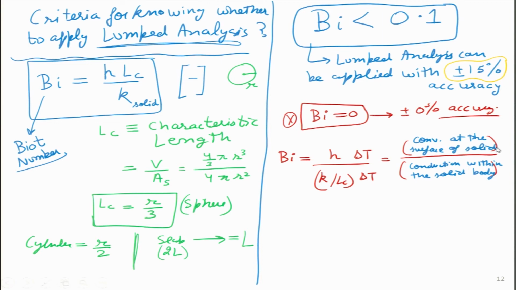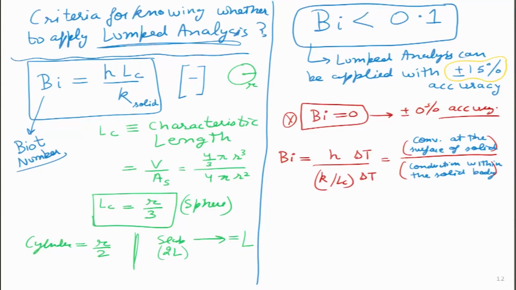So, if Biot number value is very low, let us say Biot number is 0.01 or 0.001 or 0.0001, what this ratio tells me is that the number is so low because the denominator is very high, and the denominator says that the conduction within the body is very high, which means that the conduction resistance is almost 0 compared to the convection resistance. That is another way in which we can put it. I can keep on explaining it, but I think doing a numerical is much better to understand this particular concept. So, why don't we go ahead and do that numerical.